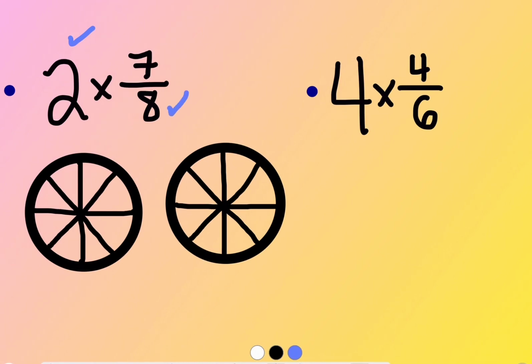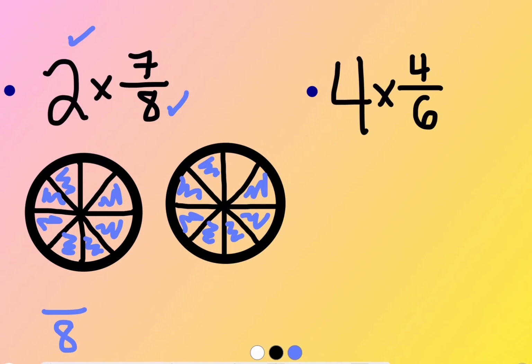So I broke that up into 8s, and I need to shade in 7 in each one. So 1, 2, 3, 4, 5, 6, 7. 1, 2, 3, 4, 5, 6, 7. And the question is, how many 8s did I shade in? I go and count 1, 2, 3, up to 14. So if you can get to this point, you technically multiplied fractions, but they're not going to accept this answer